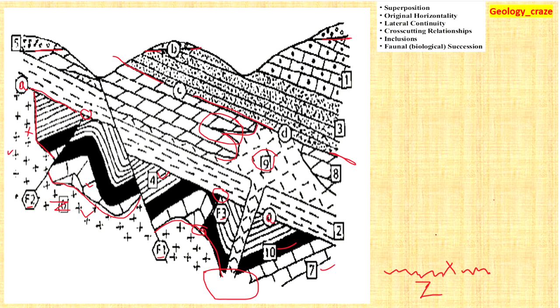After that there is deposition of the sequence, that is 7, 10, and 4. Then the faulting took place, F2 and F3 faults. Now we have to decide which of F2 and F3 is older. I go with F3 because this fault is not extending. It formed during the deposition of the sediment itself. So I put the F3 fault as the older one